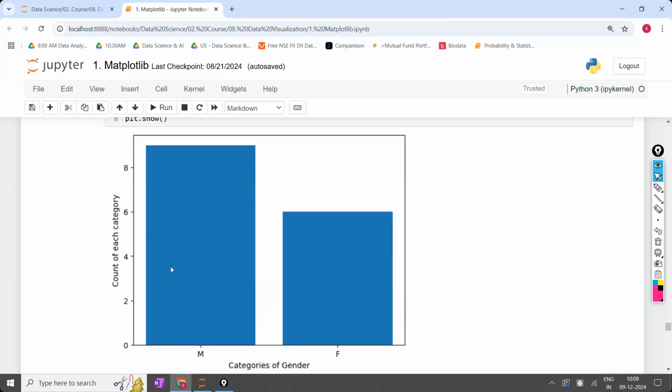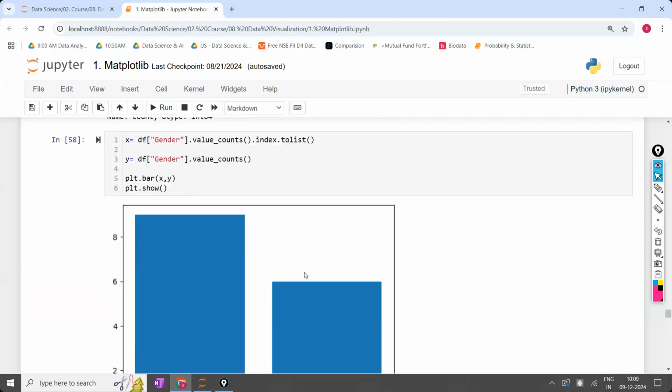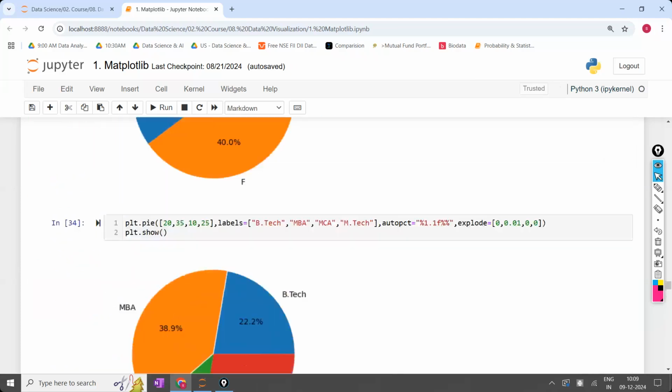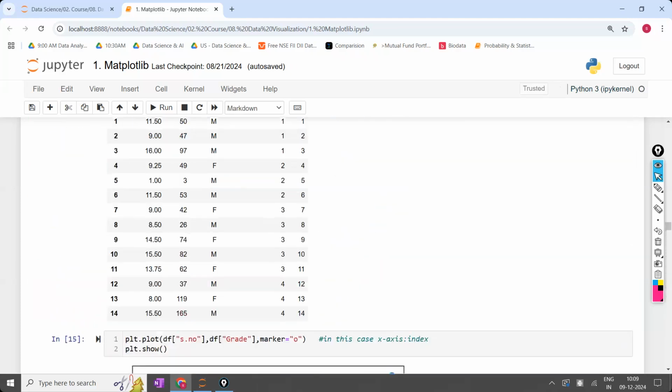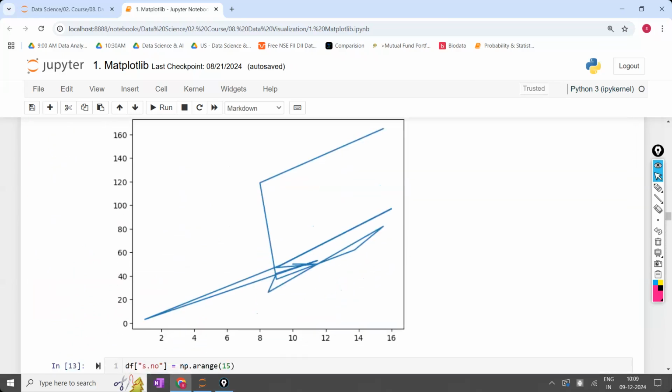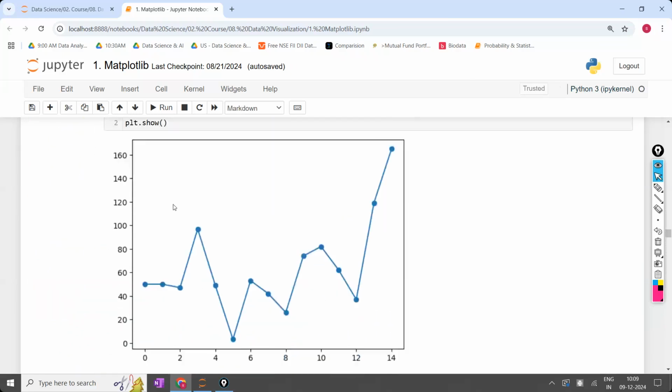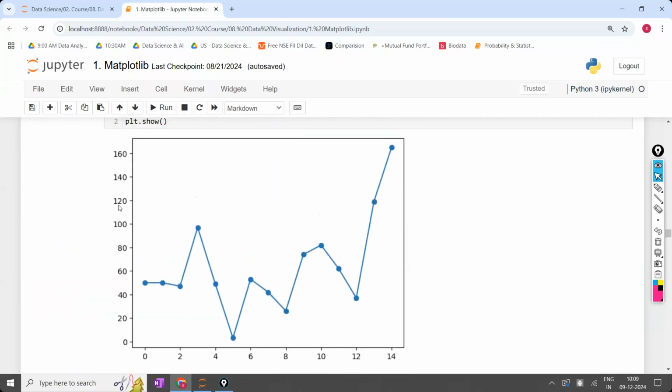X label, Y label: wherever it is applicable, you add them. In the scatter plot also you can add, in the line plot you can add. Wherever it is applicable, just add the X label and Y label. See, for this there is a line plot, but what you consider on the X axis and what you consider on the Y axis, who knows? So once you write the X label and Y label, the presentation will be understood by others also